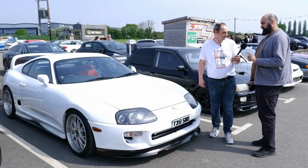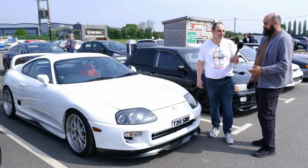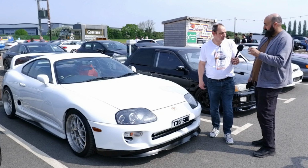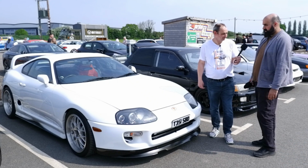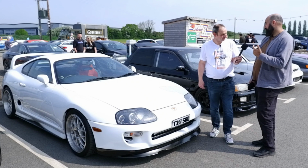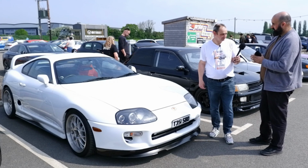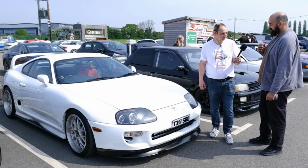When I initially bought this, I wanted, everyone wants a twin turbo, 6-speed manual. However, realistically, the price had just shot up and they're unobtainable, well, for me anyway. I do like working on cars, so I wanted a car from Japan that I knew was a fresh import, no rust, a solid example. But I wanted the overall look to be OEM plus. So when I saw this, it was an NA. I bought it, it came here, and then I put in